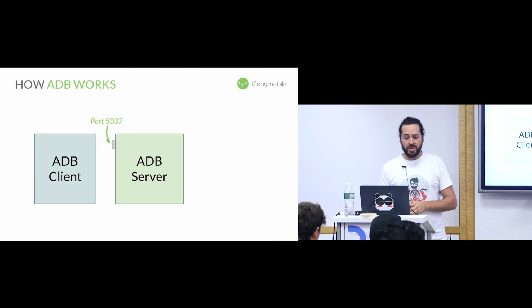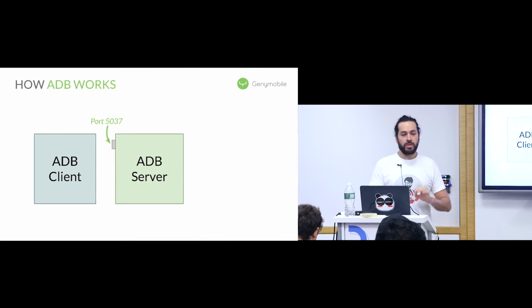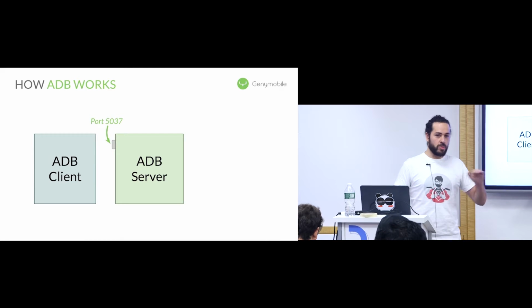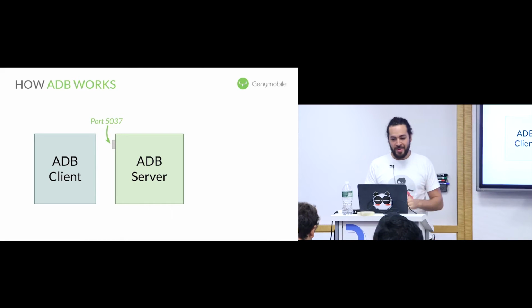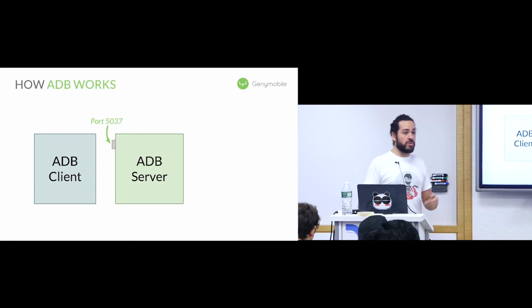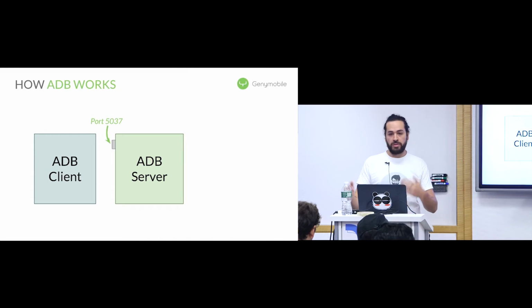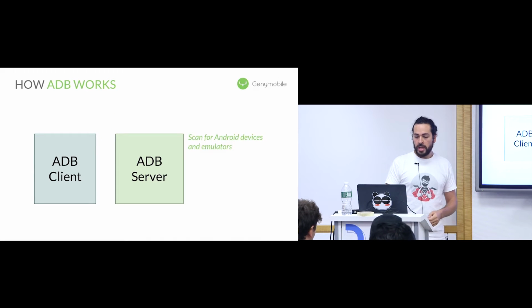It's 5037. Just one thing, I'm very bad in English in general, but with numbers it's worse. And there are a few numbers in this presentation. So it will bind this port with a TCP server, waiting for other ADB clients to connect and to send information. And we'll see later what. When it finishes binding,